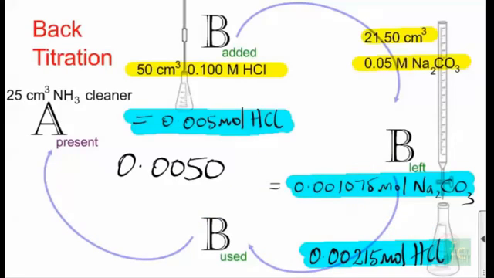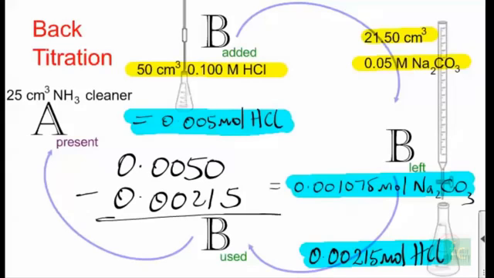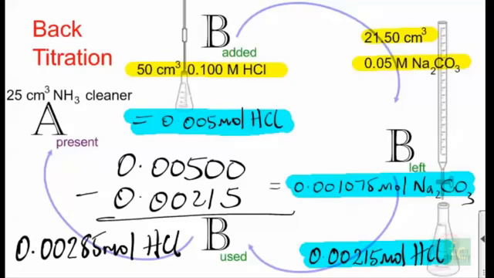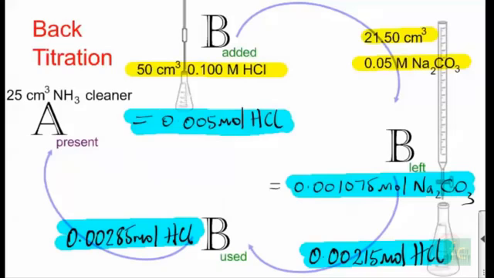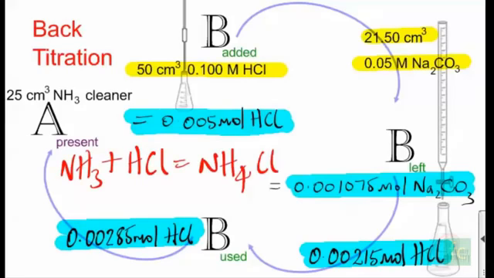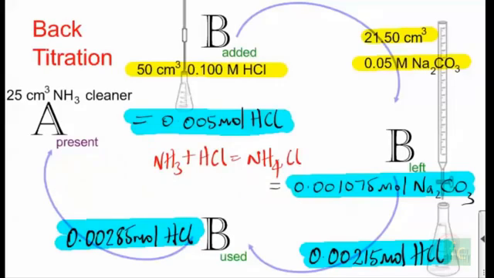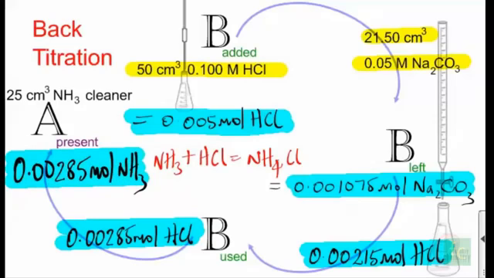0.00215 moles of HCl. Then we subtract the number of moles of HCl left from the number of moles of HCl added to get the number of moles of HCl used. There it is, 0.00285 moles of HCl. Next, we consider the reaction of ammonia, chemical A, with HCl, chemical B, and you see there they react in the ratio 1 mole to 1 mole. So the number of moles of NH3 that was present is the same as the number of moles of HCl used or reacted,